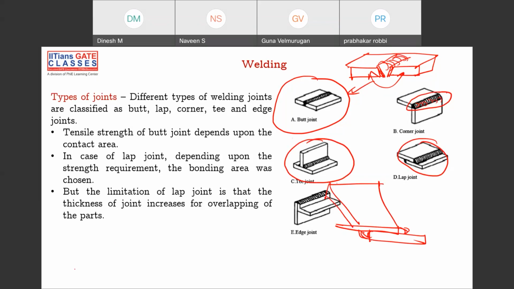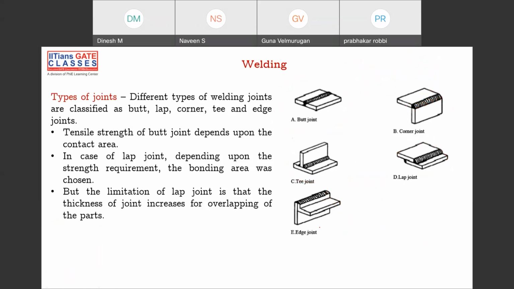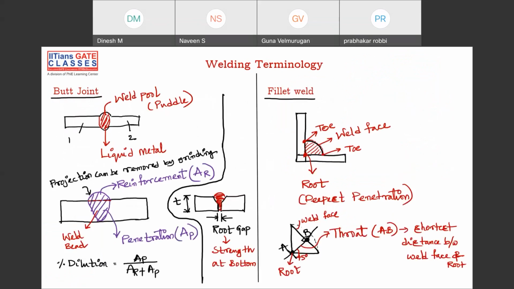Okay, and another joint is the edge joint, where the joint is happening at the edge. These are the different types of joints that you can use or make. And let's discuss some terminologies of welding, and also some important geometrical aspects of